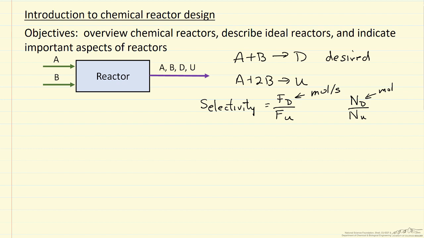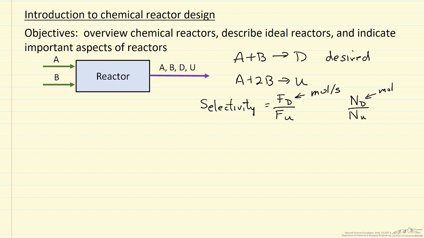And why selectivity is so important is because it affects the subsequent separation of these 4 species, and separations is one of the most expensive aspects of reactor plants. Also, if we react a lot of A and B to make a product U that we can't use, then we're really essentially throwing away some of our reactant that we have to buy. So the real purpose of the reactor is to take something that's less expensive, A and B, and make a product